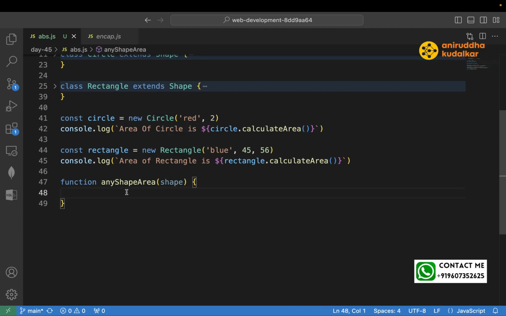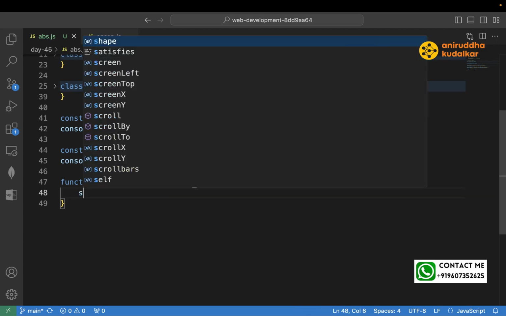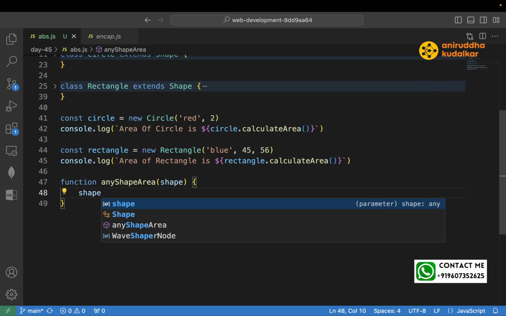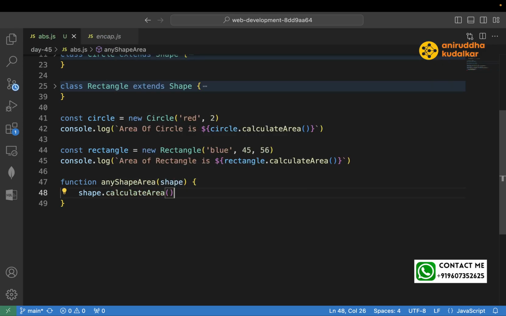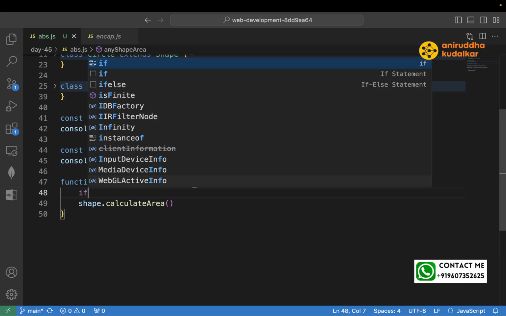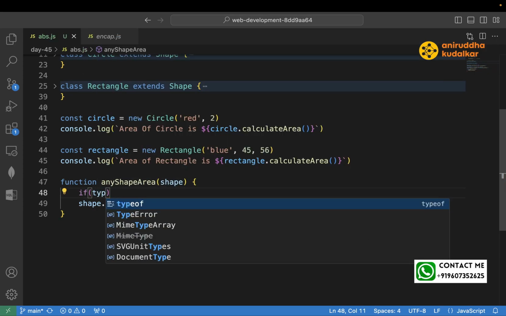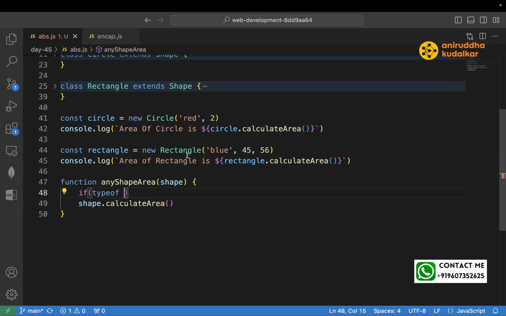So when you say any shape, I simply call shape dot calculate area. Shape dot calculate area. So here I can pass either a circle object or I can pass what? Rectangle object. So here you can check if type of, well, we